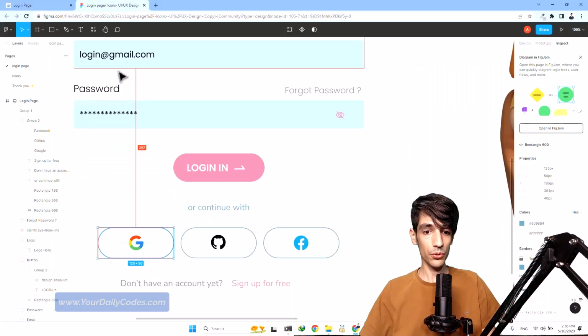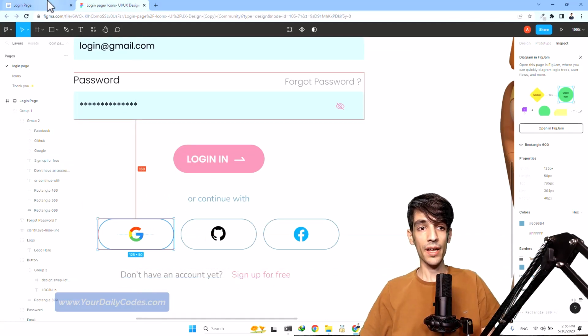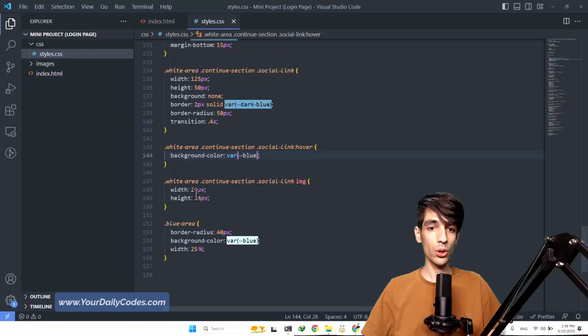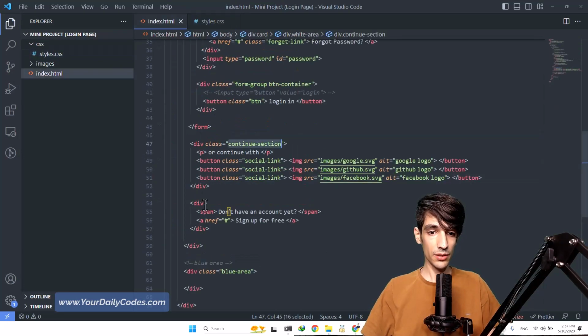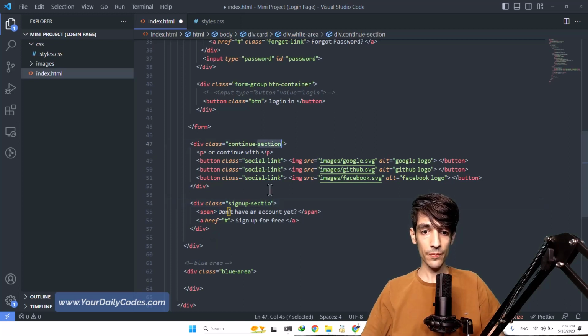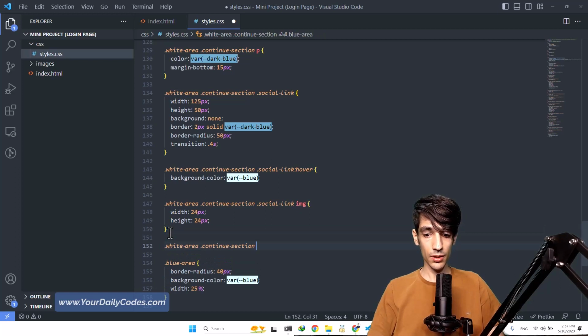So the first thing that you might notice, first of all, it has a margin from its top, and it has a flex. We should use a flex display for this. So let's get back to our codes, and this div that we have here, I call it class sign up section. Okay, sign up section, and this sign up section is just like this continuous section in our white area. So we can go ahead and give it